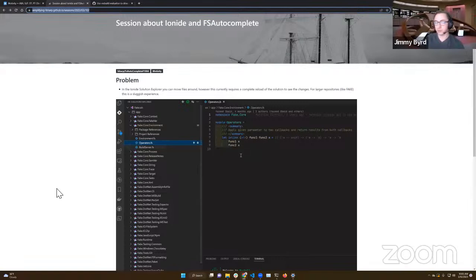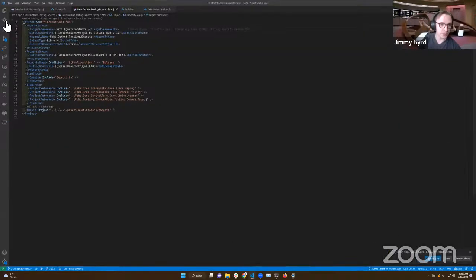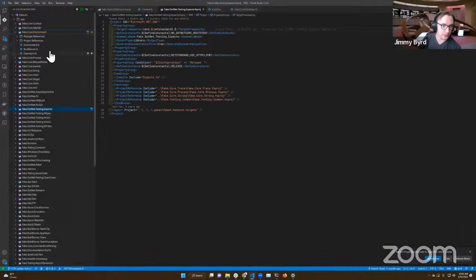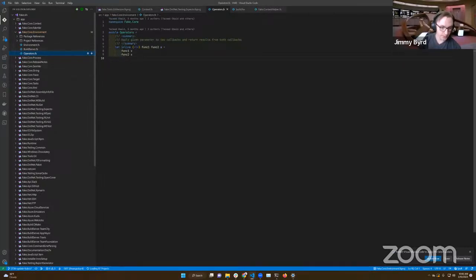In this particular case, this one is one I identified in our project, but it also exhibits itself in some other projects like Fake. When you have the Solution Explorer up in VS Code, and you try to actually move a file, it can be quite a slow experience. If I can actually demo that, we come into the Solution Explorer here. If I wanted to move up this operator with this little click here, it's going to take a little bit of time for that to actually show up. As you can see, it said it was loading projects. It took about 7-10 seconds or so. A little bit slow.